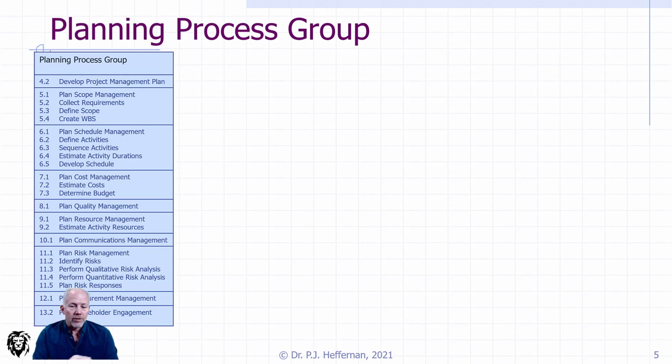It's complicated. Of course, it spans the 10 knowledge areas. Those are the horizontal rows, remember, from that table. And it covers the gamut of just about everything that you need to do in order to get your project ready to roll off. So let's identify some of what it is and, of course, some of what it isn't.